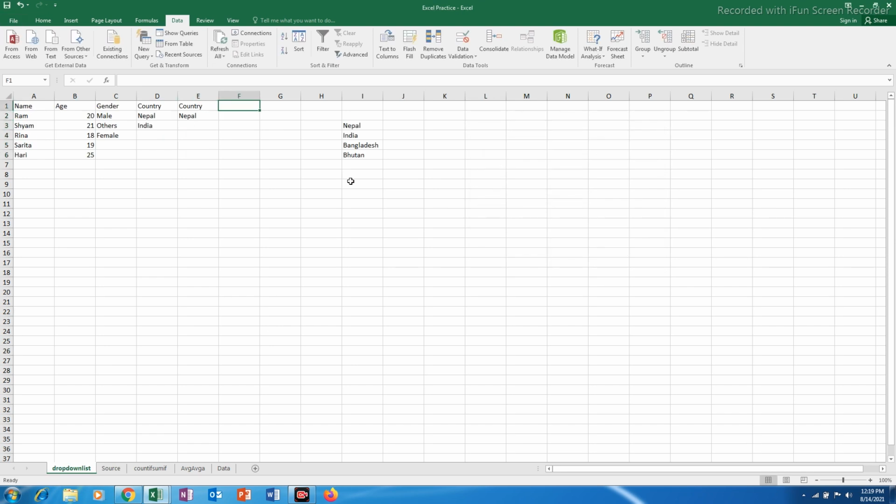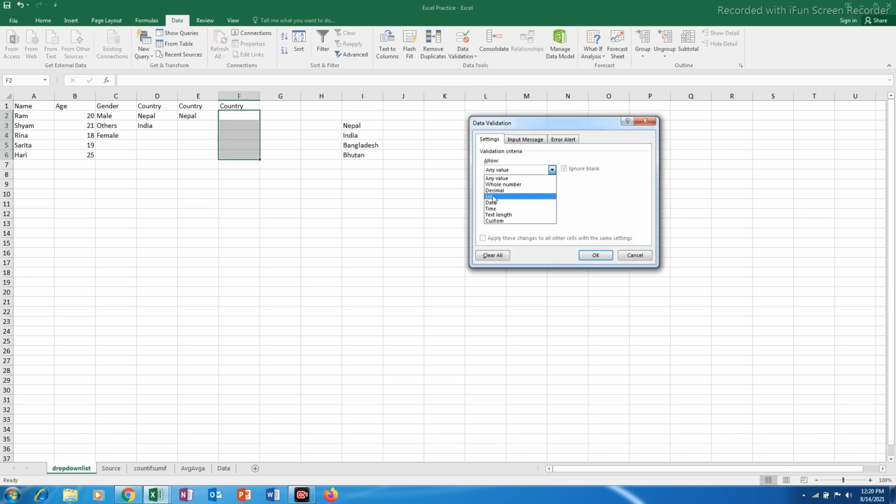Now there is another method also, which is by using offset formula. So in that case what I will do, again I will select all the columns where I have to enter the country, and then I can go to this data validation and then I can select list here, and here I will enter a formula is equal to offset and then open a bracket, and if the source is on the same page you can select it. If the source is on the other sheet, you can select the other sheet.